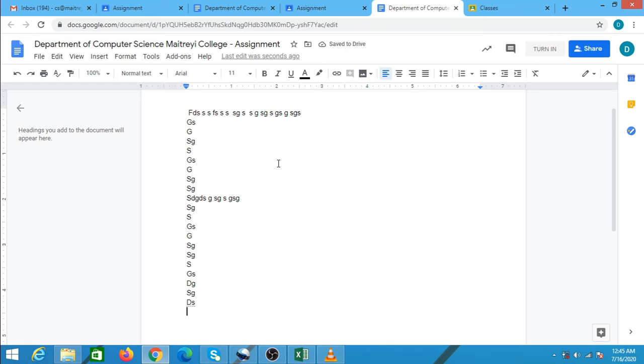Once I have finished attempting the assignment, I can click on the turn in button. But before you do so, please be sure that you have thoroughly checked your assignment, because once the turn in button is pressed, you will not be able to edit the assignment. So when you click on the turn in button,